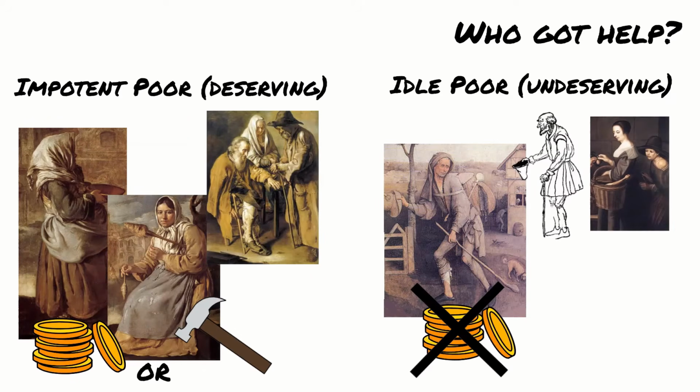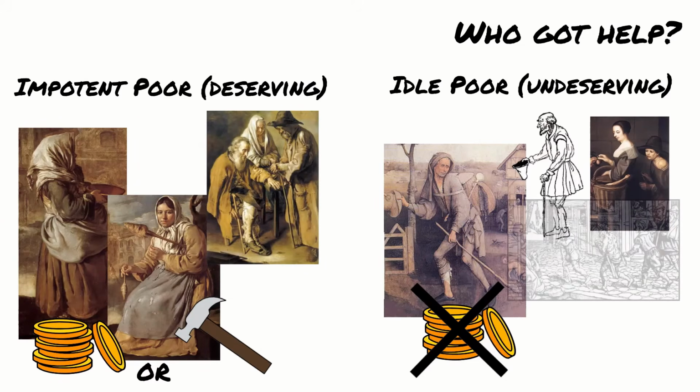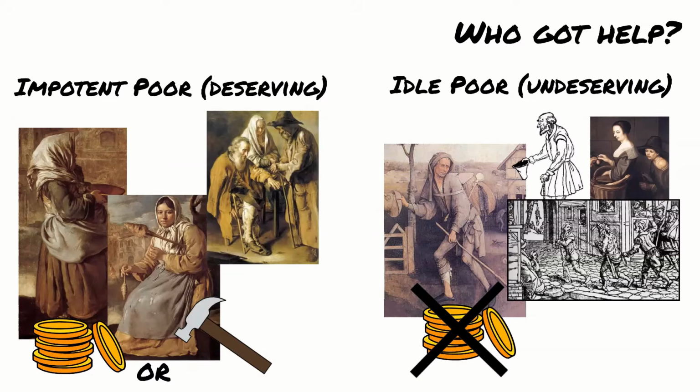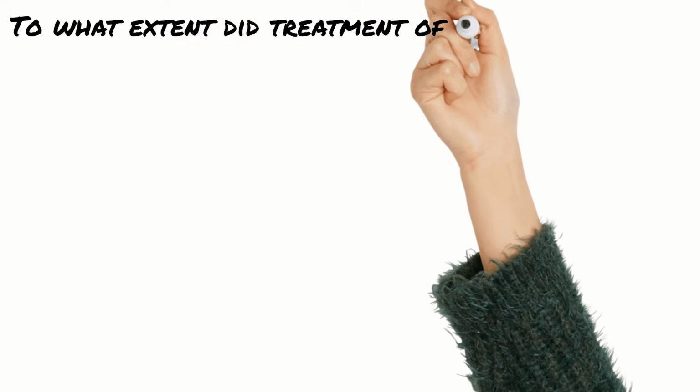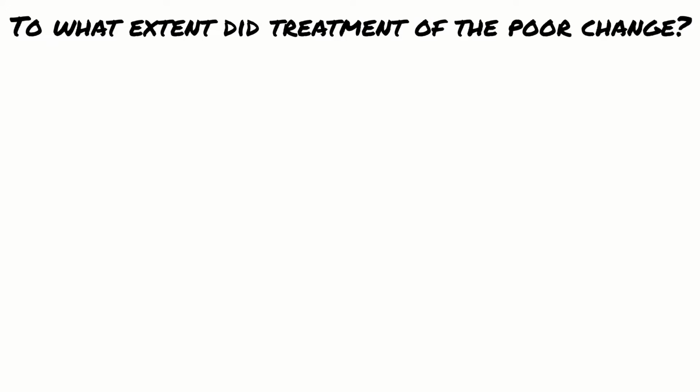The Elizabethans believed that the poor should be given every opportunity to improve themselves, and failure or refusal to do so would be punished. Vagabonds were treated especially harshly, with severe punishments for begging and petty crime. So there are two main themes that the examiners might ask you about. The first is the causes of poverty, which we've just discussed, and the second is how and how much the way the poor were treated during Elizabeth's reign changed. So, to understand that, we need to know what the situation was when Elizabeth became queen.